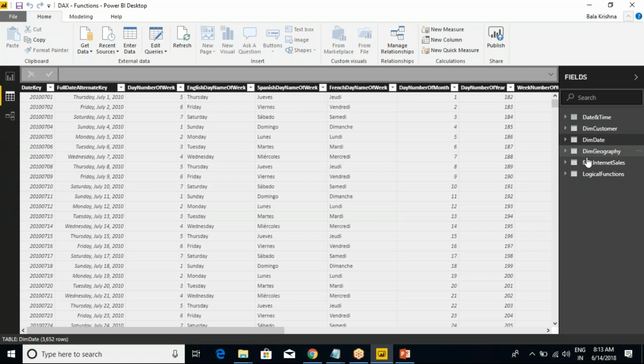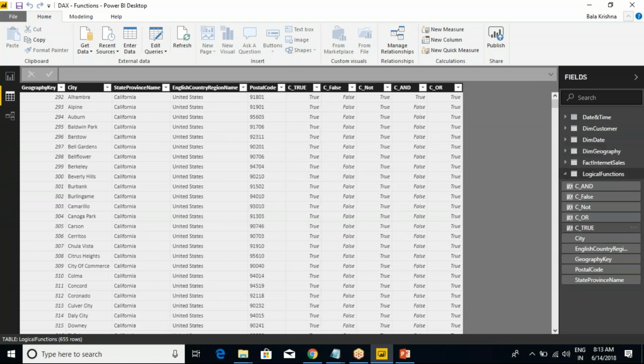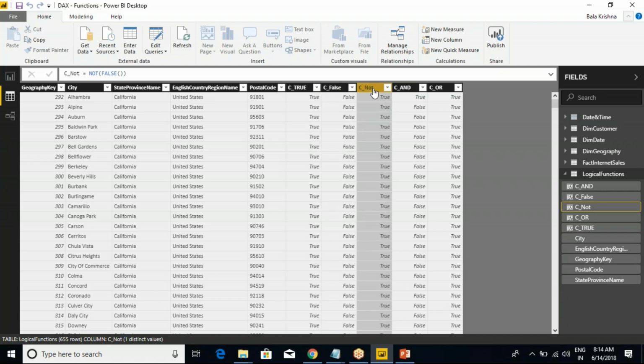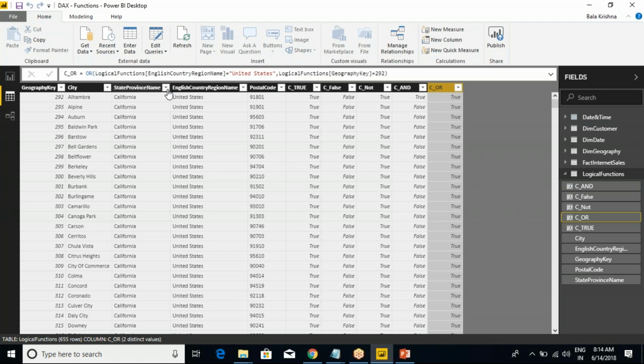date and time functions. We started with the logical functions. Out of those we understood the TRUE, FALSE, NOT, AND function, and then the OR function. AND is nothing but all the conditions should be satisfied, then only the total will become a true condition, like if you have two conditions, both have to be satisfied. OR is nothing but either any one condition, if it is true, then the whole expression will become true. That is what we have understood. So now